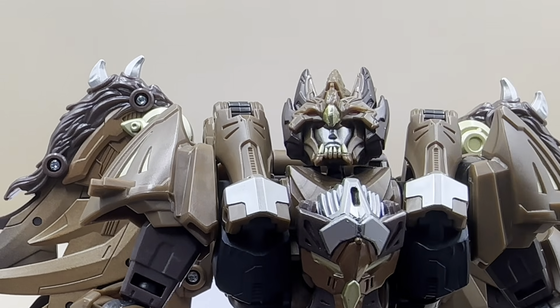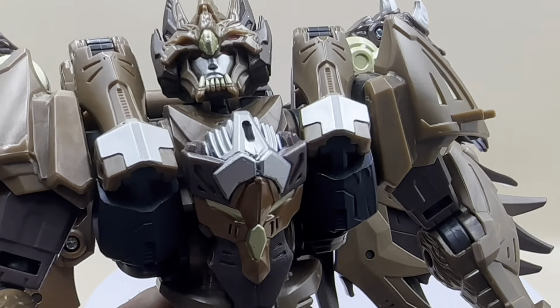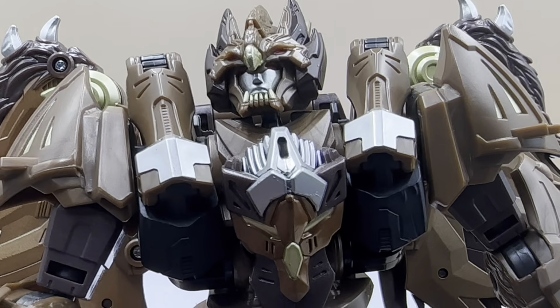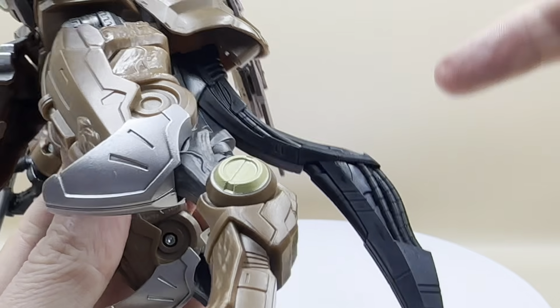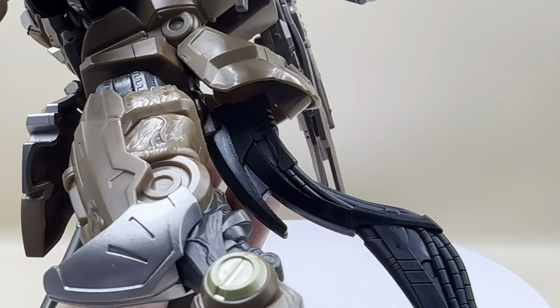It does compress in though, because I tried it the other way around just to see if it would close, and that's why I was getting muddled. And it does close, and it does need to close for transformation. So that's that sorted. The second thing is his tail, which, as we know, also opens out to a bow